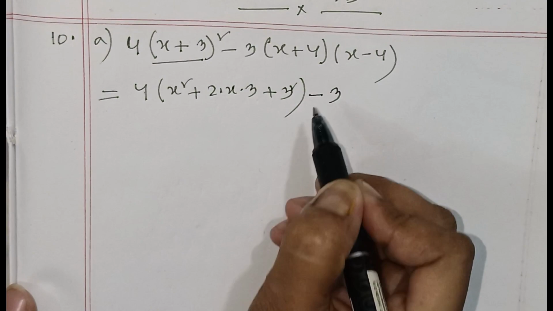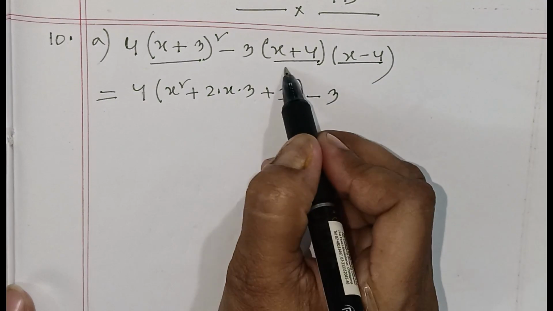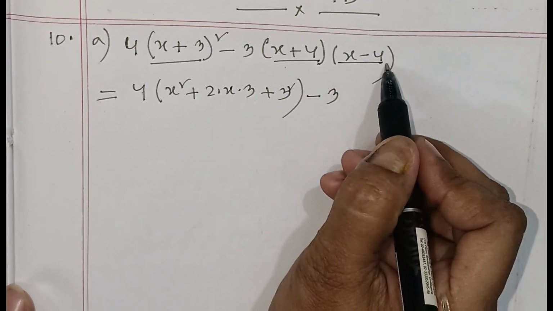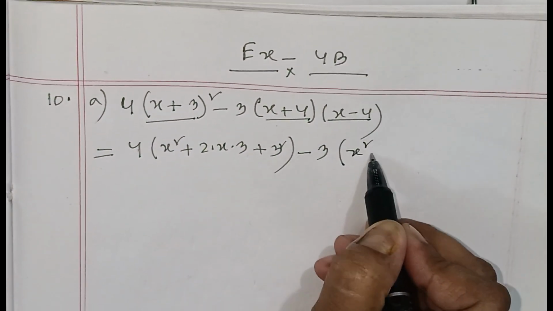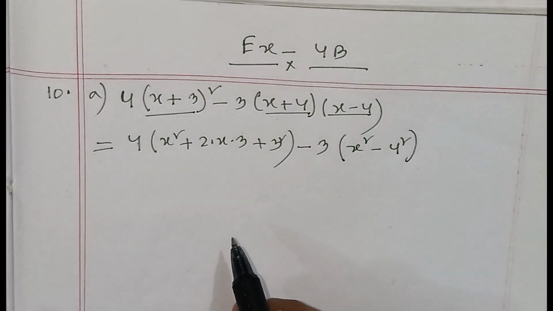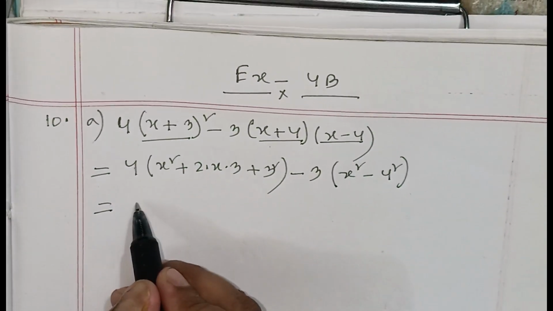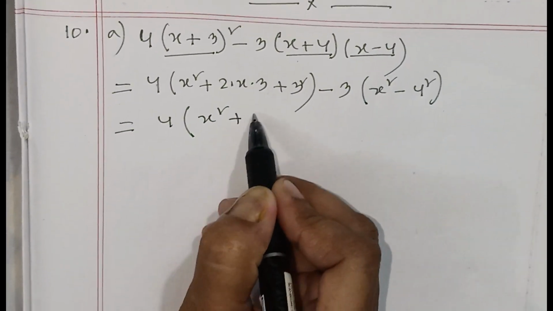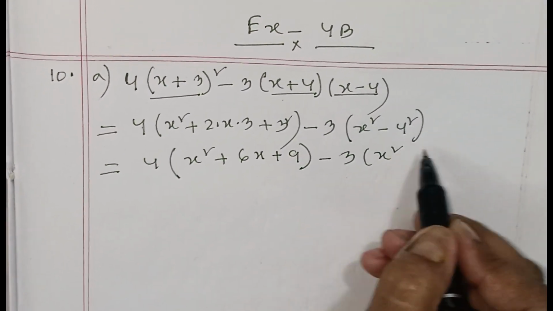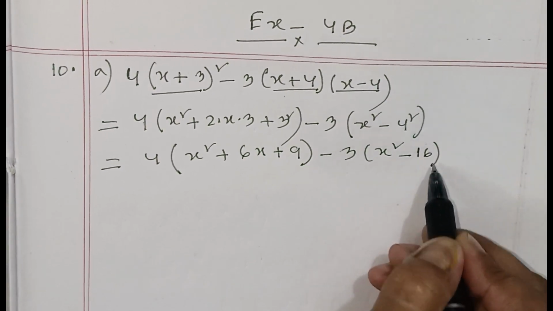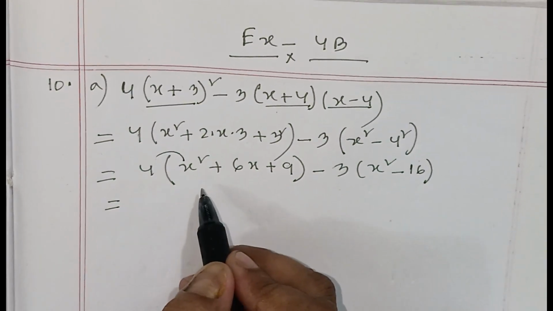Now 3 multiply (x plus 4) into (x minus 4). This is the formula (a plus b) into (a minus b). So apply this formula, that means a square minus b square. Now calculation: 3 2s are 6x, 3 whole square means 9, and this one is x square and 4 whole square means 16. Now 4 multiply x square, distributive law,